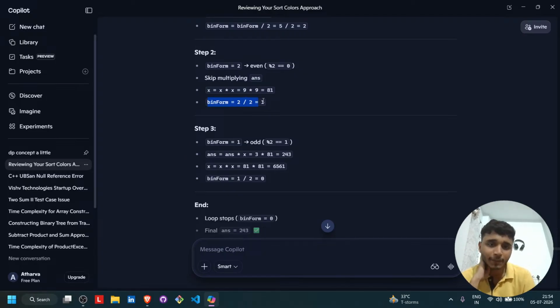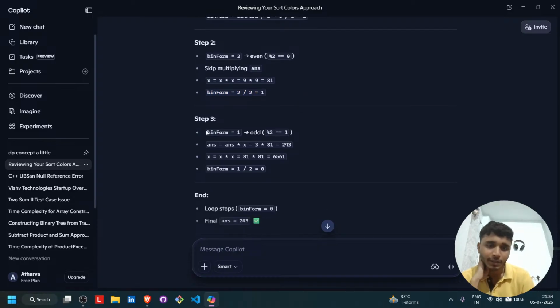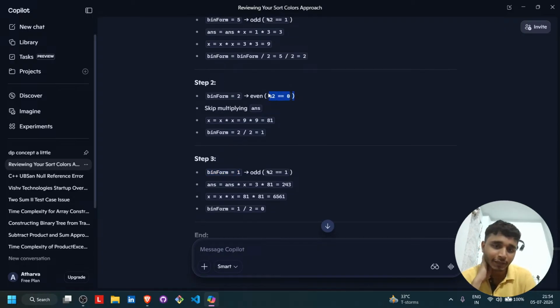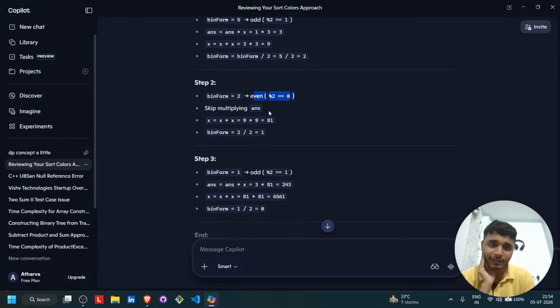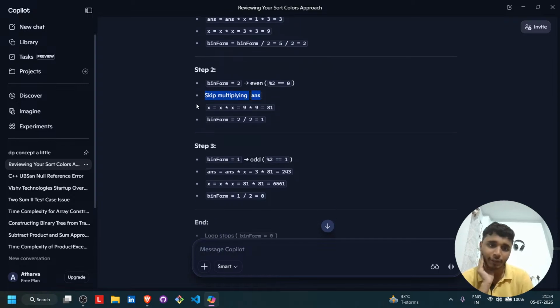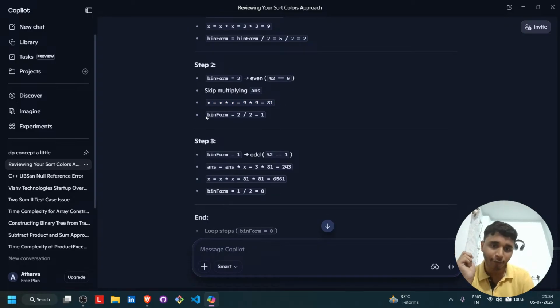Now the binary form will become like this, and after that in step 3, when the binary form is even, what will we do? We will skip multiplying the answer for that point, and after that we will multiply x, the base, with the base again, and the binary form is again divided by 2. So 2 divided by 2 will be 1, and now the binary form has become 1 and it is odd,